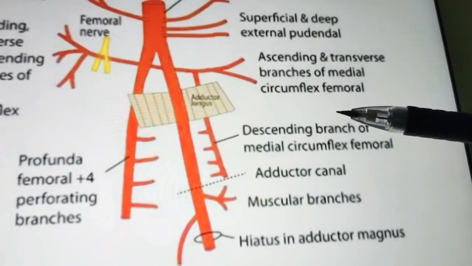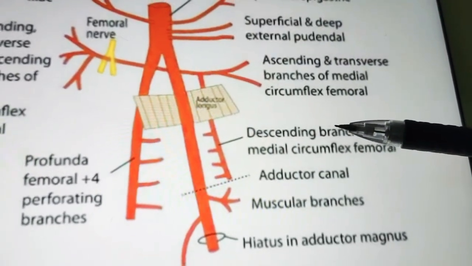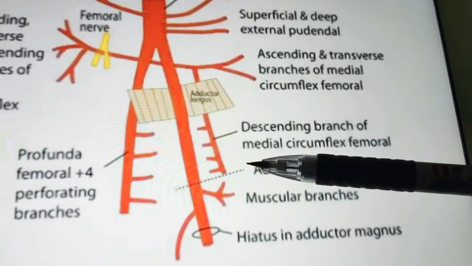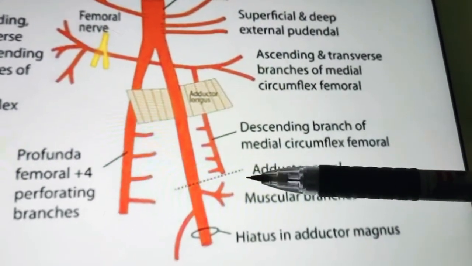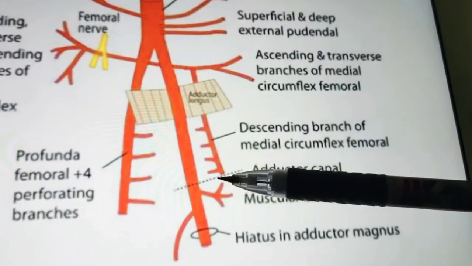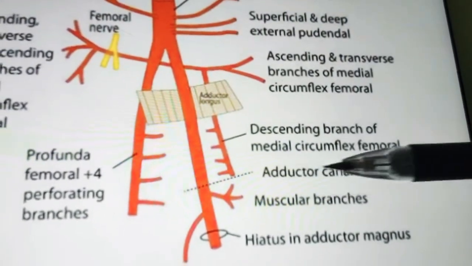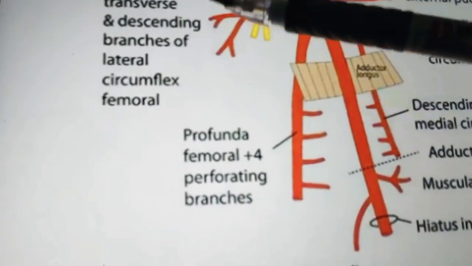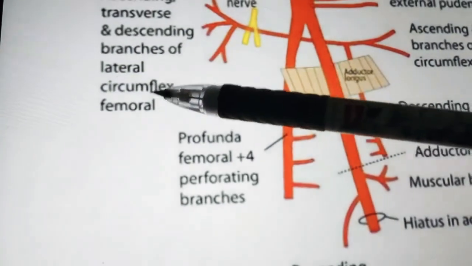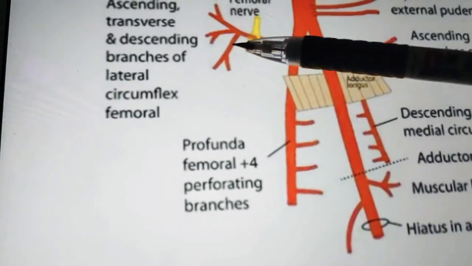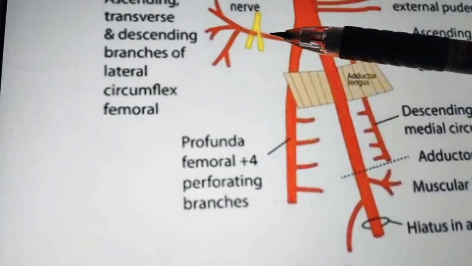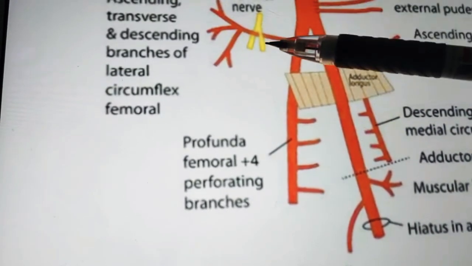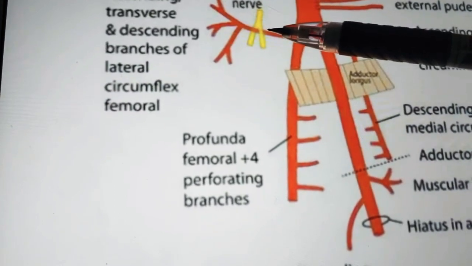As I said, this medial circumflex femoral artery leaves the femoral triangle and passes posteriorly between pectineus and psoas major muscle, and you can see it has come near to the adductor canal, right? Next coming to the lateral circumflex artery, you can see here the ascending, transverse and descending branches of the lateral circumflex femoral artery. So this lateral circumflex artery runs laterally between the anterior and posterior division of